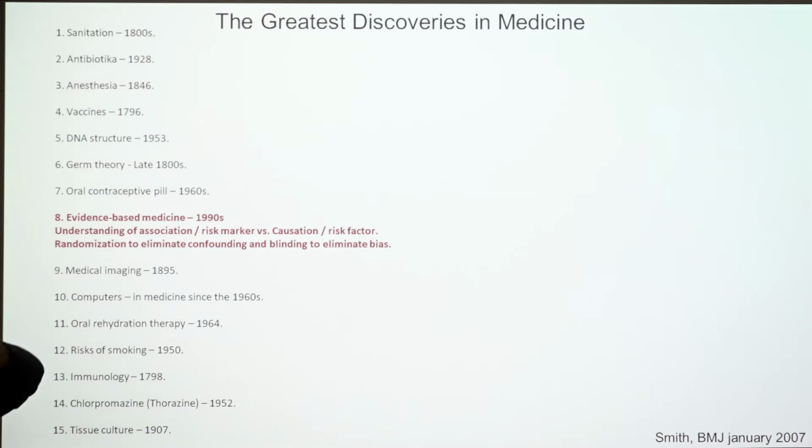And in order to distinguish association versus causation, we need randomized trials. We can adjust for smoking and other habits, but what can we not adjust for? We cannot adjust for things that we don't know about. So in the estrogen studies, we did adjust for exercise, weight, smoking, etc., and it still looked beneficial. But of course, we couldn't adjust for unknown confounders. And both known and unknown confounders will be distributed evenly in a randomized trial.